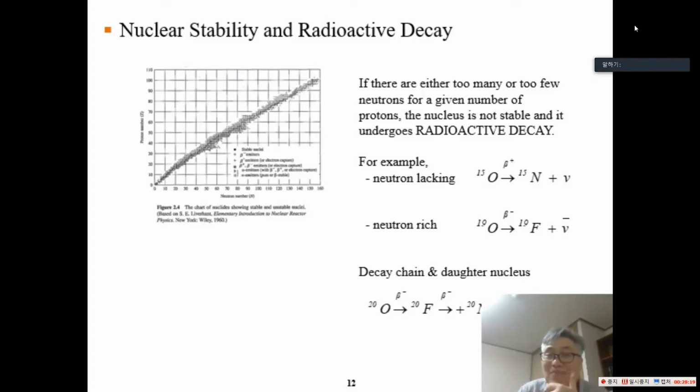The second thing we have to look at is the axes. The horizontal axis is neutron number, and the vertical axis is proton number. So the number of neutrons and the number of protons. So when we see a graph, first, the name of the graph. Second, the axes of the graph are important. Third,